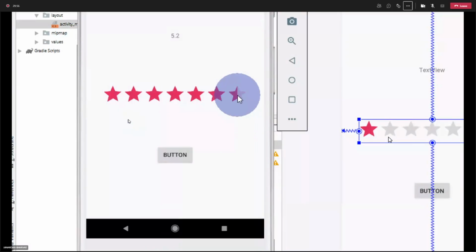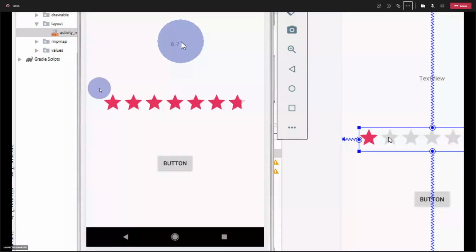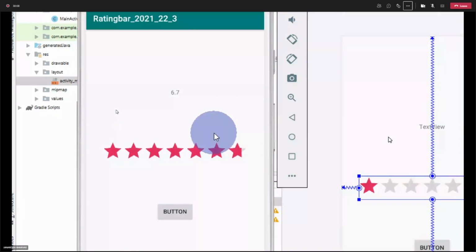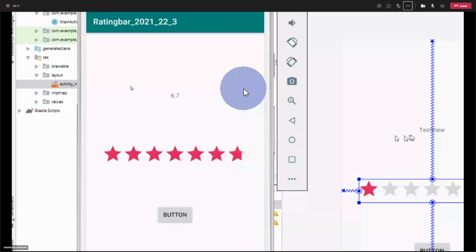But if it is more than half, then it is showing here. Maybe it will work in your mobile phone. It is possible that it does not work in the emulator. Some of you can try and check it here. You can install this, you just build an APK.